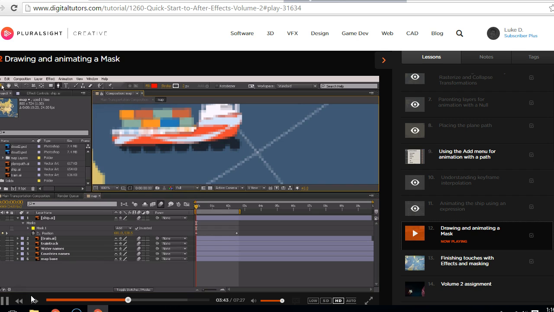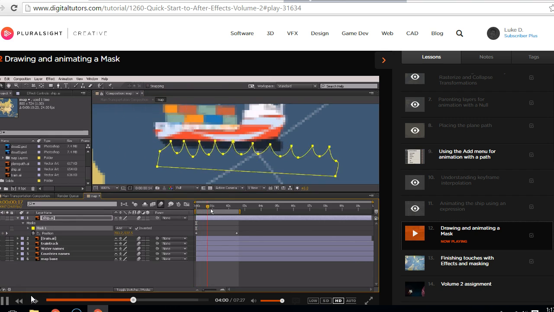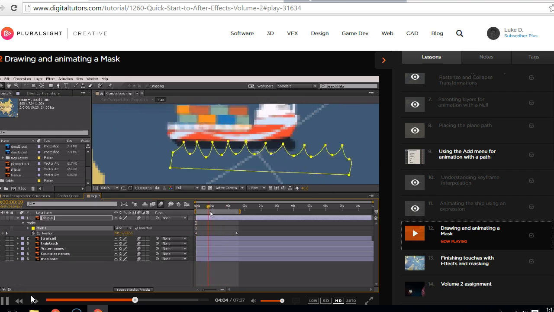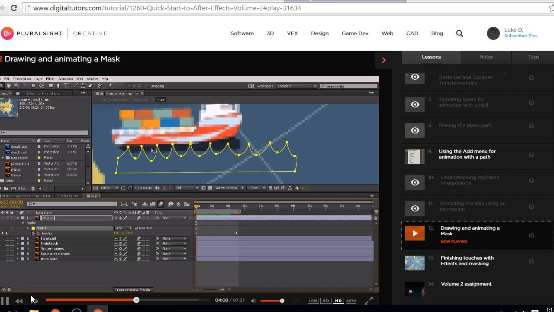So I'm just explaining that in the most basic way that you could interpret it to the default of what it's like. So now let's grab our selection tool, select your mask so that it's visible, and now let's animate this mask. So if we just scrub through here, you see that the mask just kind of stays stagnant. It does move along with the rotation and position information of our image though,